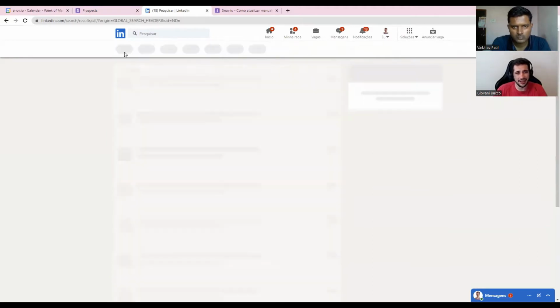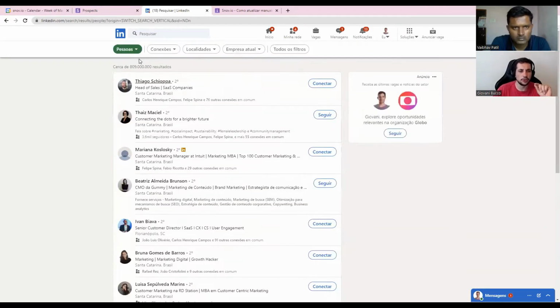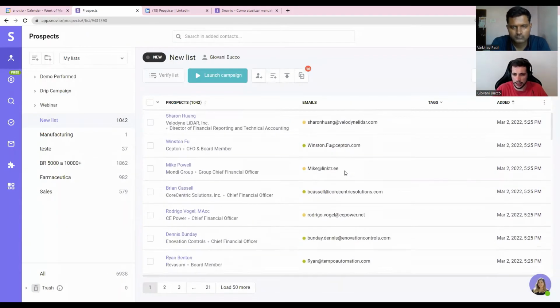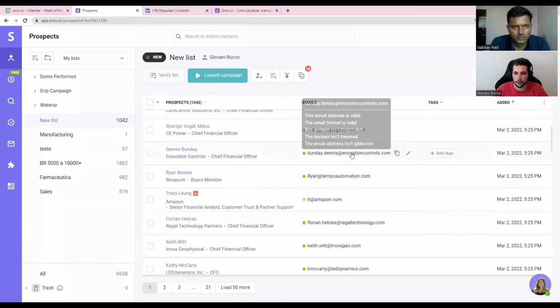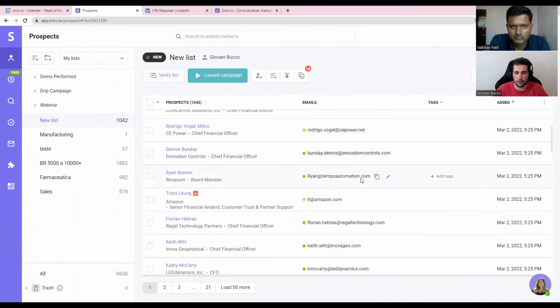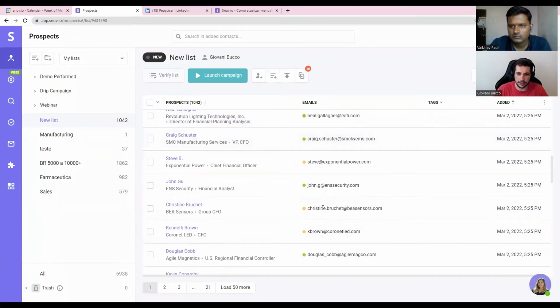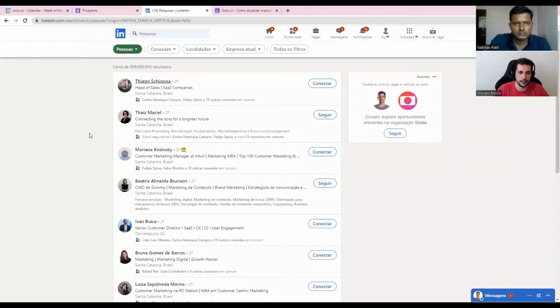But one way that I like to do very much is to look for the professional email, the business email of that person. As you can see here, we don't have Gmails or anything like that. We have a bunch of emails from the company, the person, and the company. I'll go into what green, yellow, and red emails are in a moment. But that's the idea. We usually don't look for generic emails like Gmail.